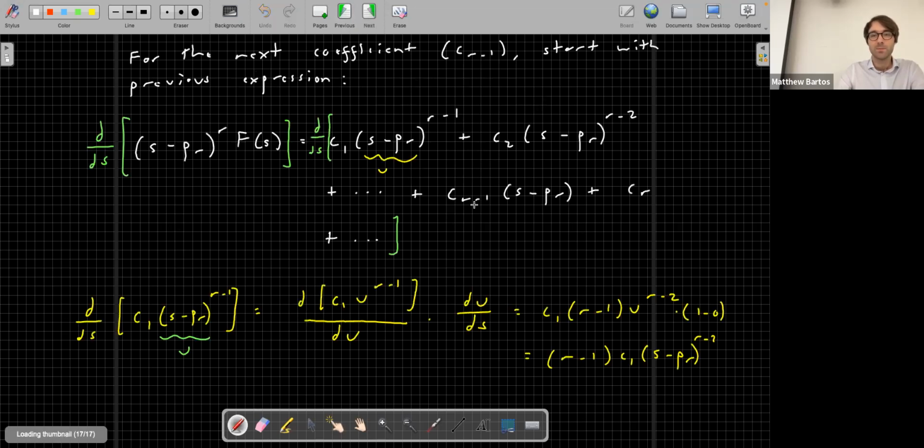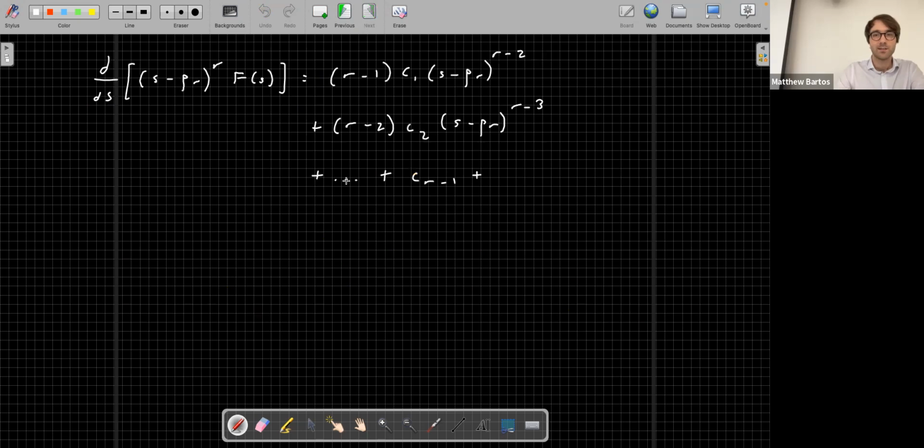Okay. What happens when we differentiate this term with respect to s? This goes to 0. And so all of the rest of the terms will end up being 0. And then if we take this and evaluate it as before at s equal to p_r, we can recover C_(r minus 1), because this term here will go to 0, this term here will go to 0, all the other roots will go to 0. Okay, so we end up with